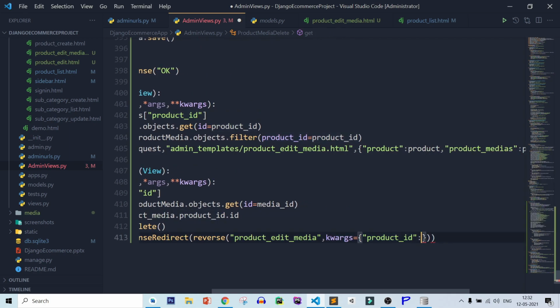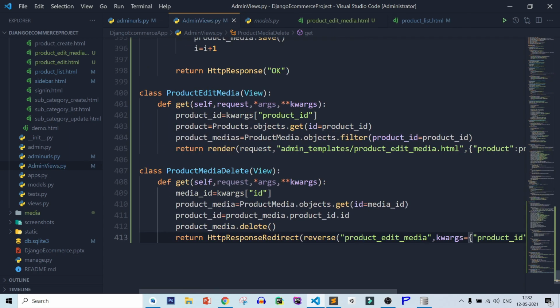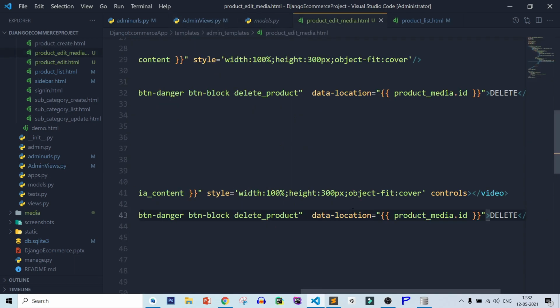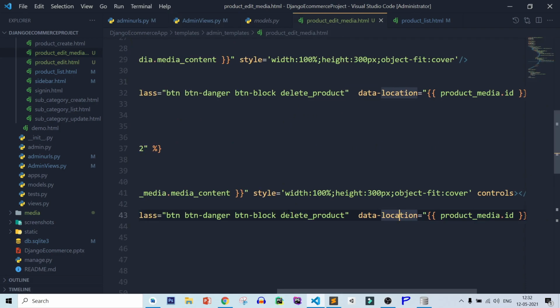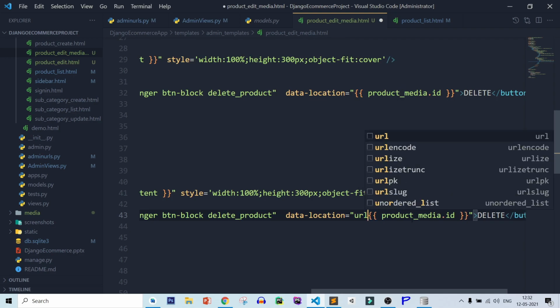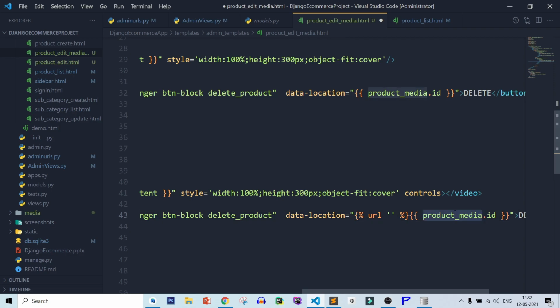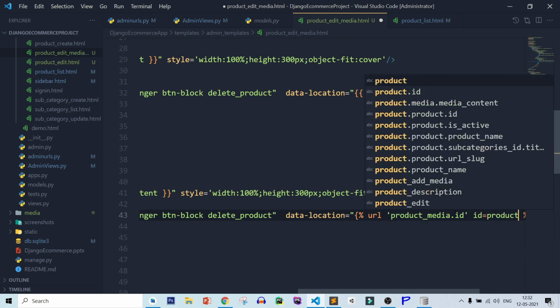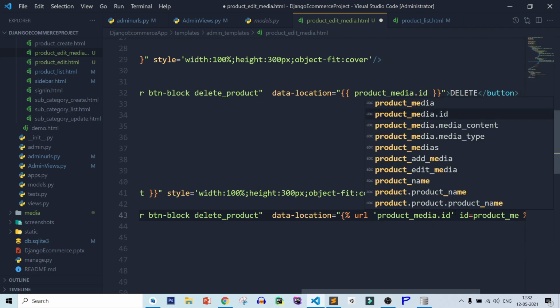Let's pass it, save this page, and after that let's check it's working or not. So save it, and here in delete change to URL product media id equal to product underscore media dot id.